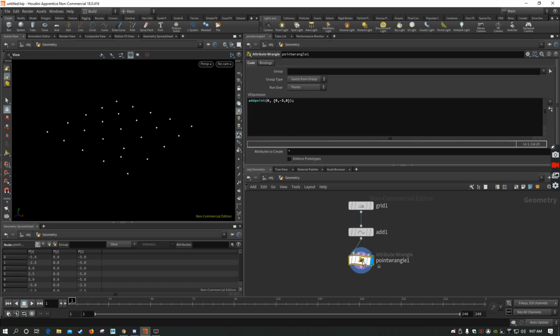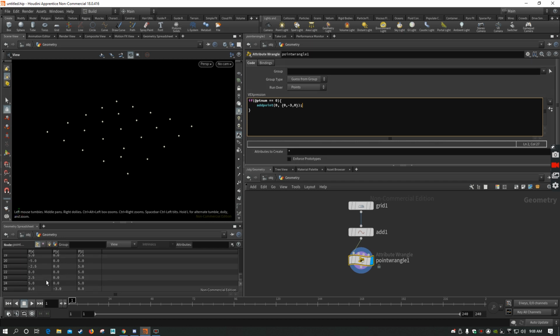space right here, what I could do is, there's lots of different ways you could approach it. One way is you could say, hey, if your point number is equal to 0, then go ahead and run this code. So you could do it like this. And the reason this works is because, remember, each point is running this code,